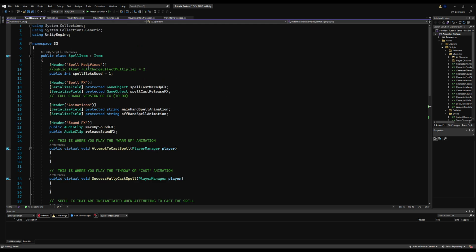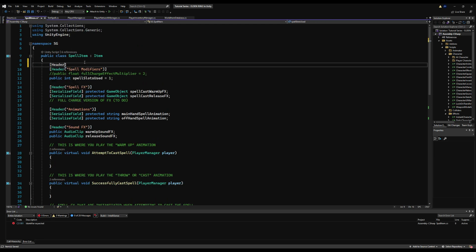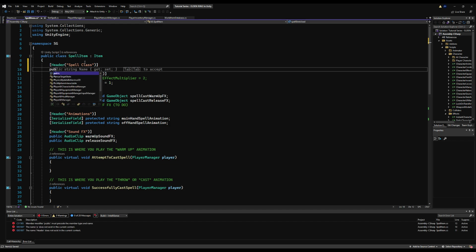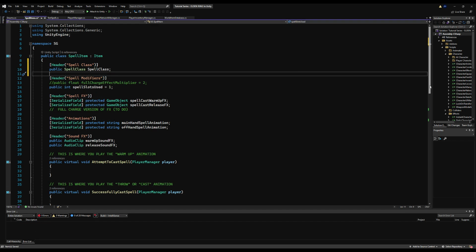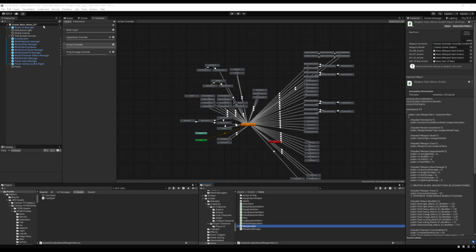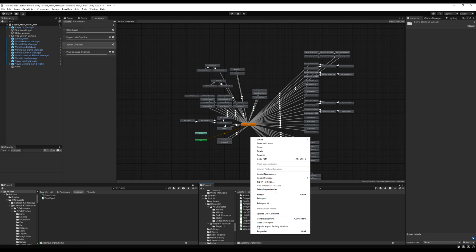Alright, let's save that. Jump back to spell item, header, spell type, or spell class rather, and then make a public variable of that spell class. Cool. Alright, so we still need to have the actual item action to attempt to cast this, which we don't have right now, and we also need to set up our animation events and a few other things. So let's go